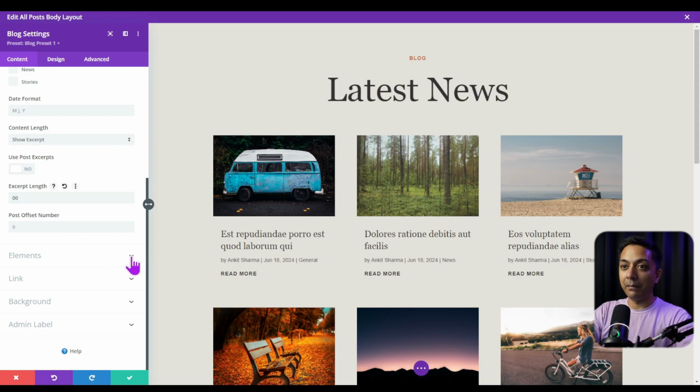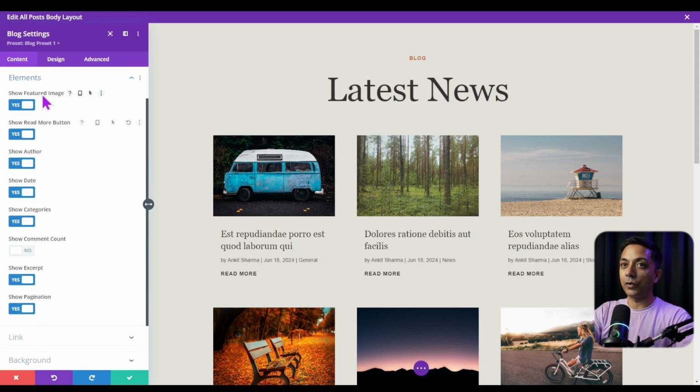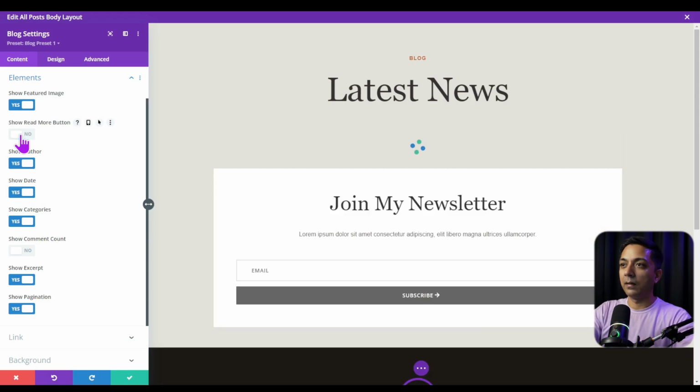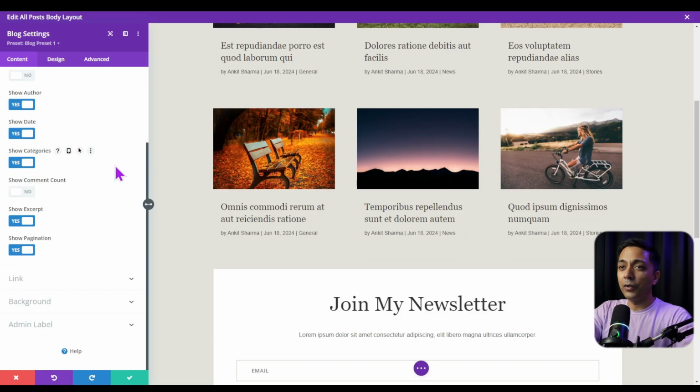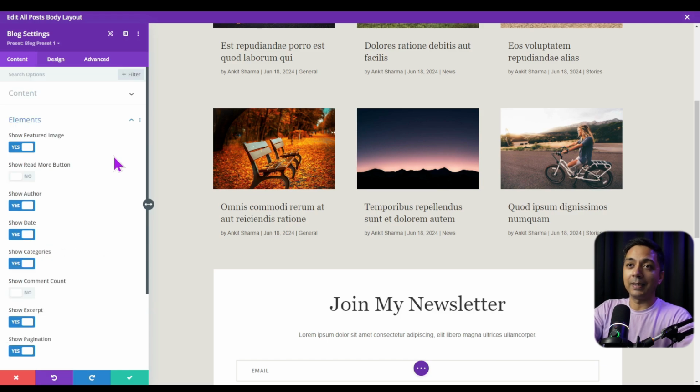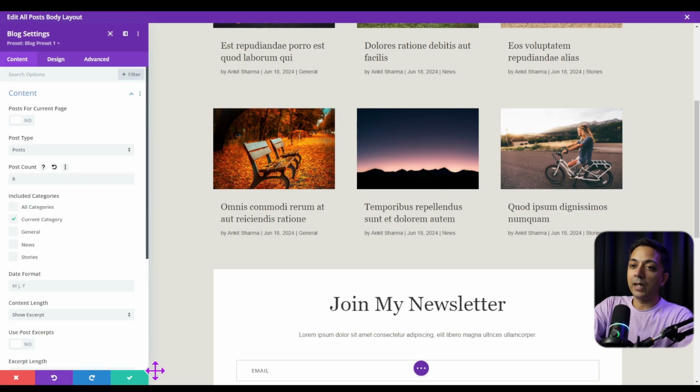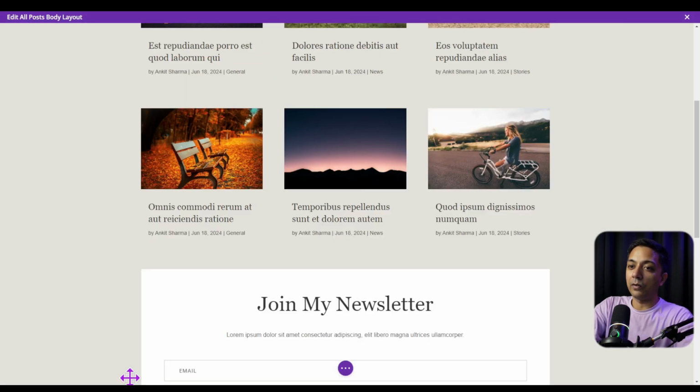After that, we have elements. Here you can choose if you want to show feature image, read more button. So you can turn on and off everything from here. So let's say we don't want to use the read more button, and let's say we want to keep it very clean. And here you can also customize if you want to show author or any other metadata or not. So you can go through all these options and customize the look and feel of this template, and all the options are pretty straightforward. And once we are done, we can click on this green button here to save our changes,